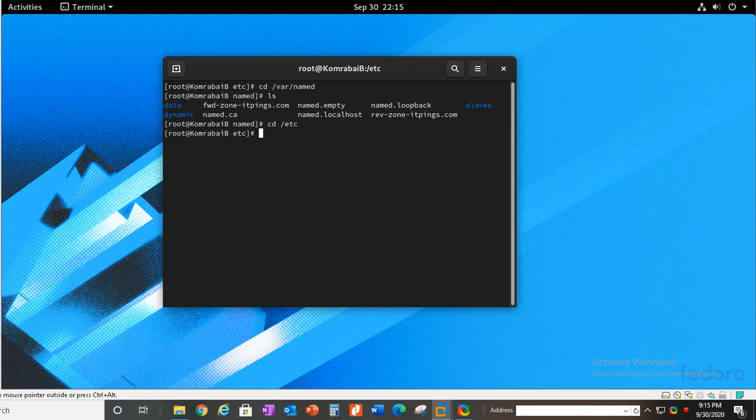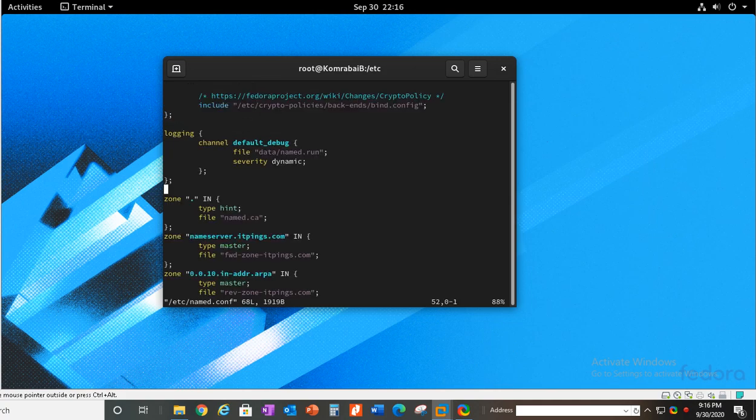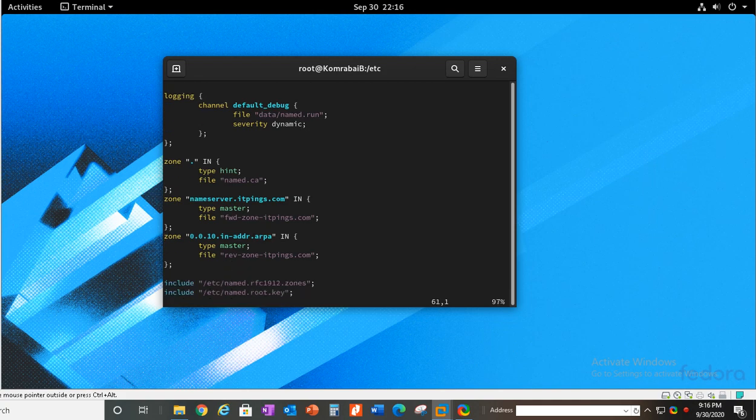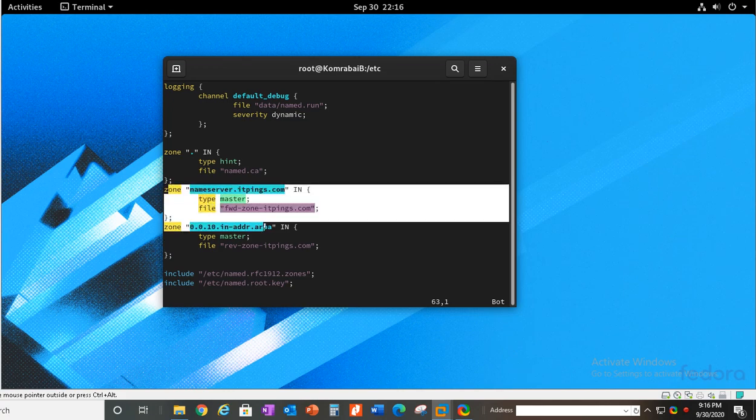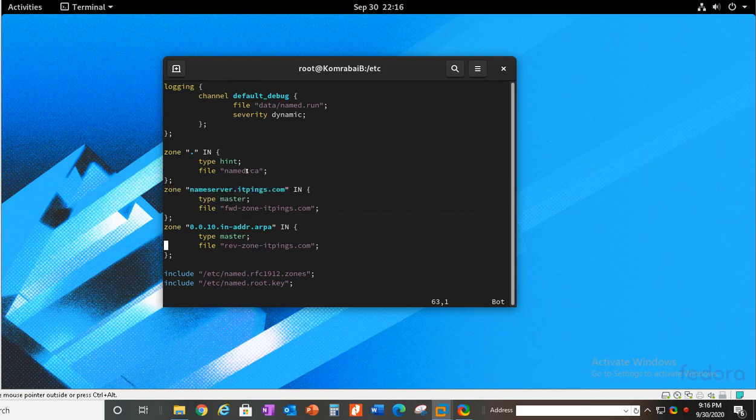Now we go back to the main configuration file for the DNS. So we type vim /etc/named.conf. Okay, now this is a very important part. It was only one zone, the default for the configuration file, but we added these two zones here. Well, I added them, but you should add them now. Very important. Zone,